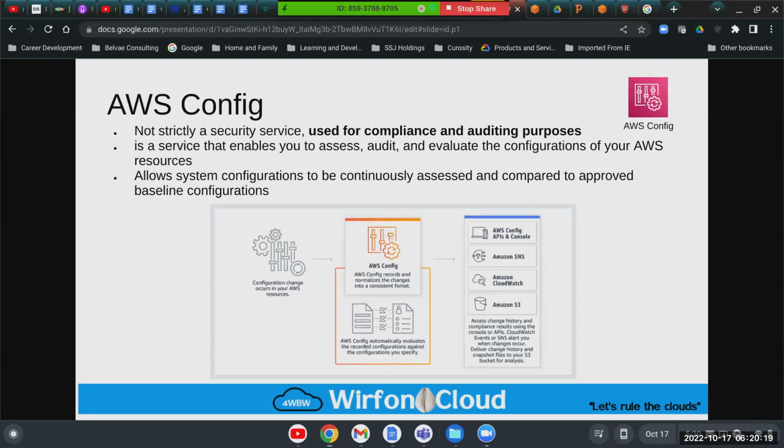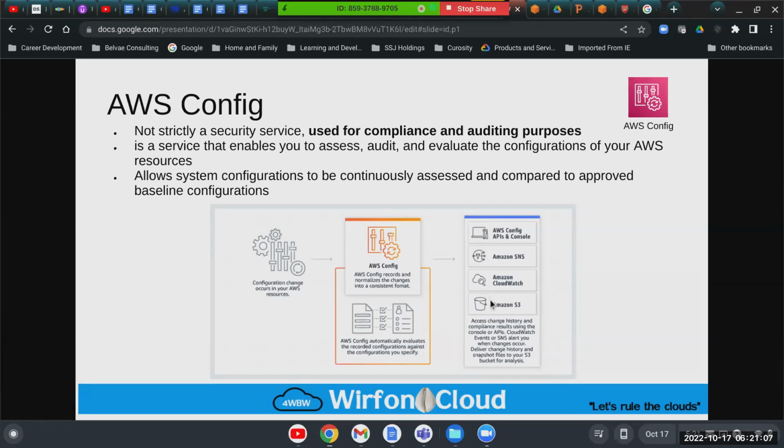Next, I also talked about Config. You can see here how AWS Config is delivered and what it entails. If you want to monitor for very specific standards or very specific threats within your environment, you can store those records within AWS Config. When you want to scan your network for specific elements, it will come to AWS Config, and AWS Config will then scan your various network elements